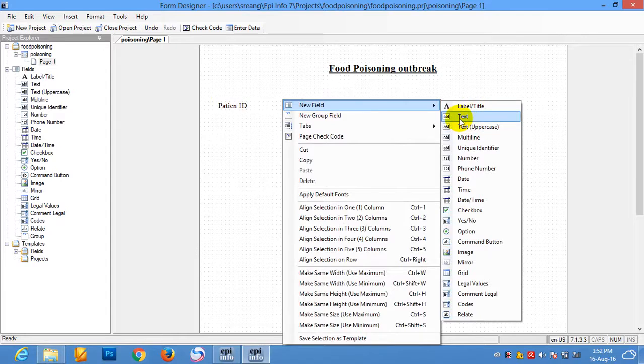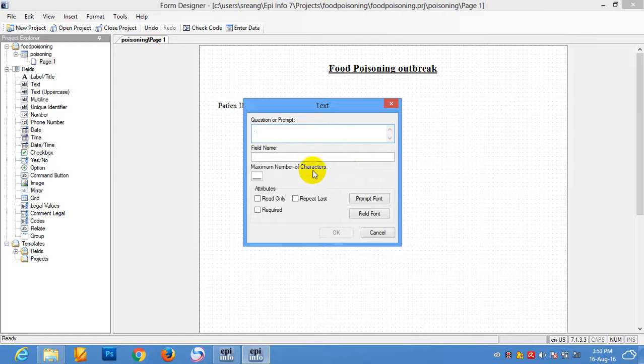We have two, text and text uppercase. So which one? If you want uppercase, you can choose text uppercase. But if you want text, you can choose only text. Okay. Prompt, question or prompt. Patient ID. This one,